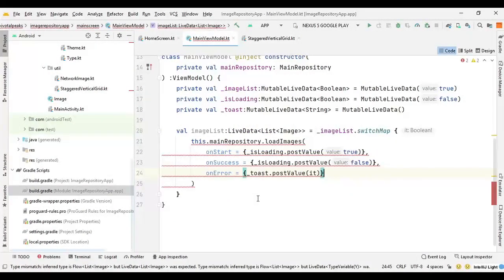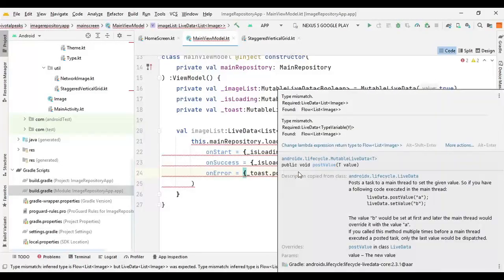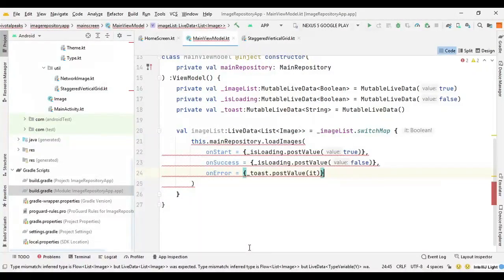So on start we can say is loading is true. On success we can make it false, so we can stop the loading. And on error we can post the toast message by providing it, because the error messages are already declared in main repository.